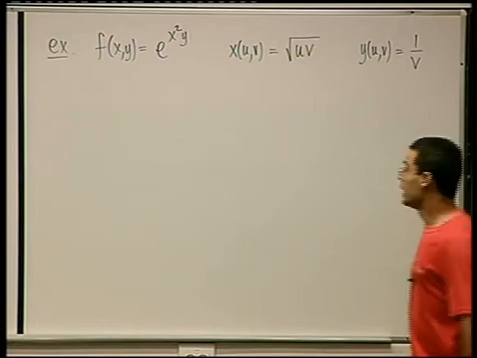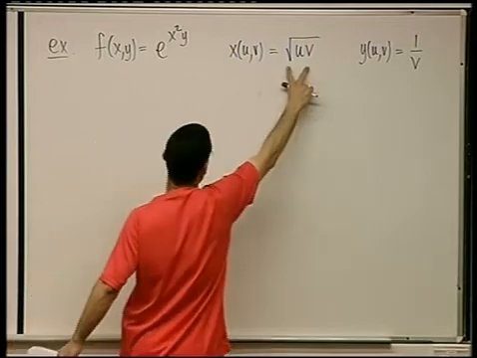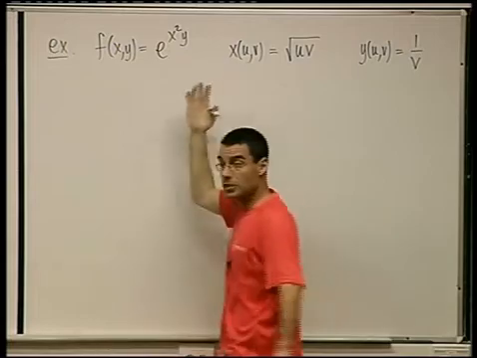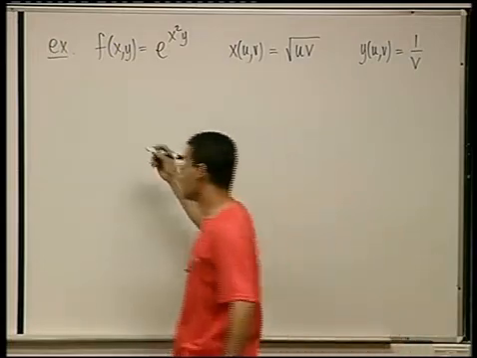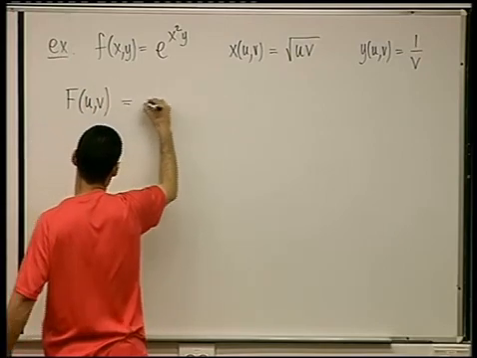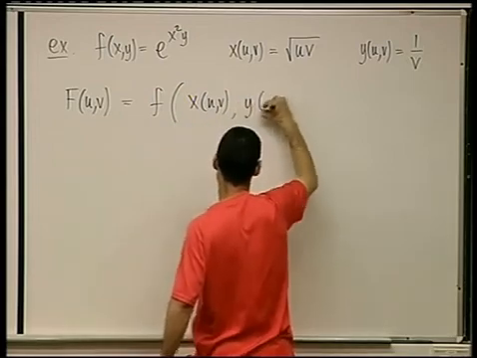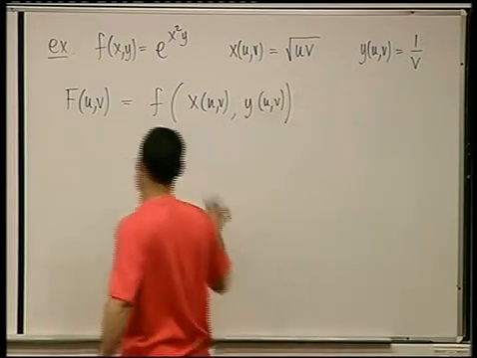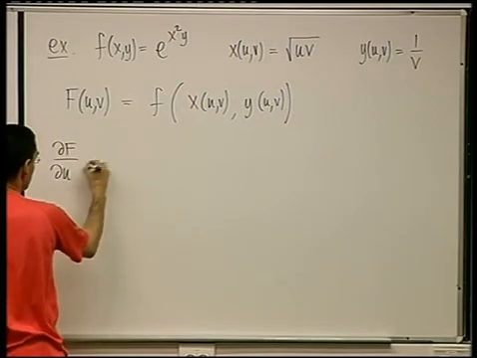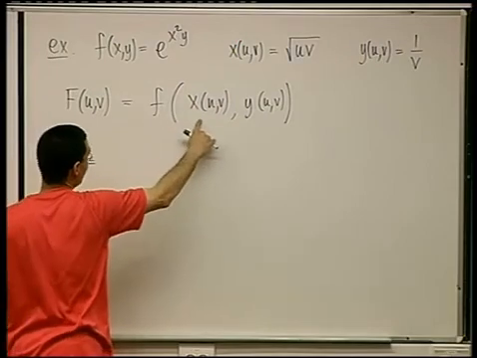Okay? So let's find, so we're composing. We're plugging in this for x and this for y. We're getting a function of u and v, and we want to find the derivative. Okay? So let's write F(u,v) is little f of x(u,v), y(u,v). And I want to find the two partials. So what is dF/du? So I'm going to take the derivative of little f with respect to x,